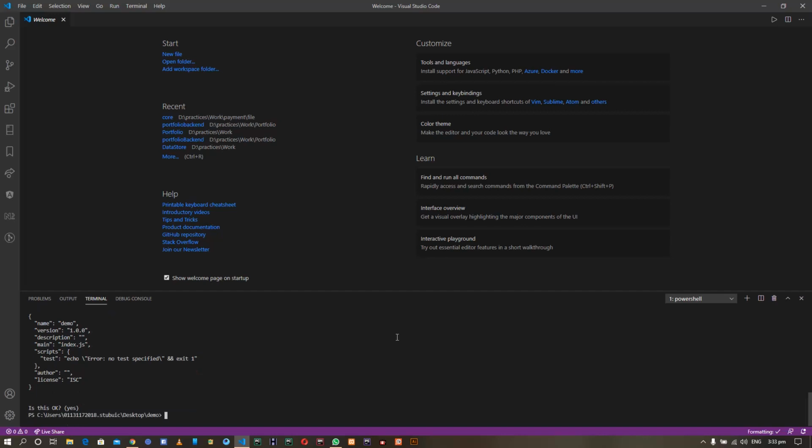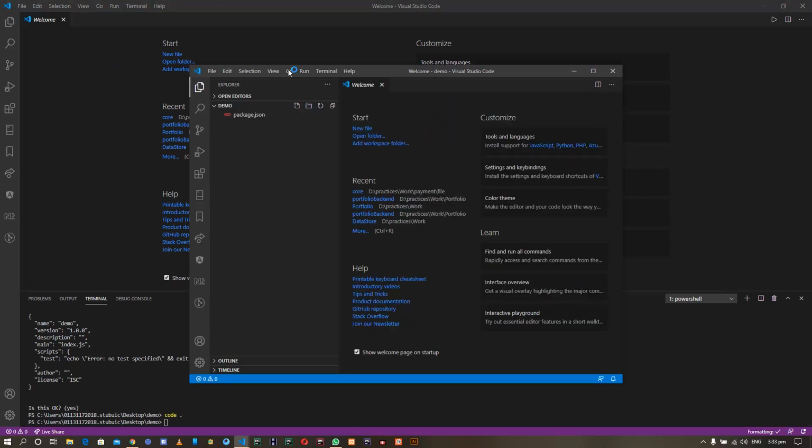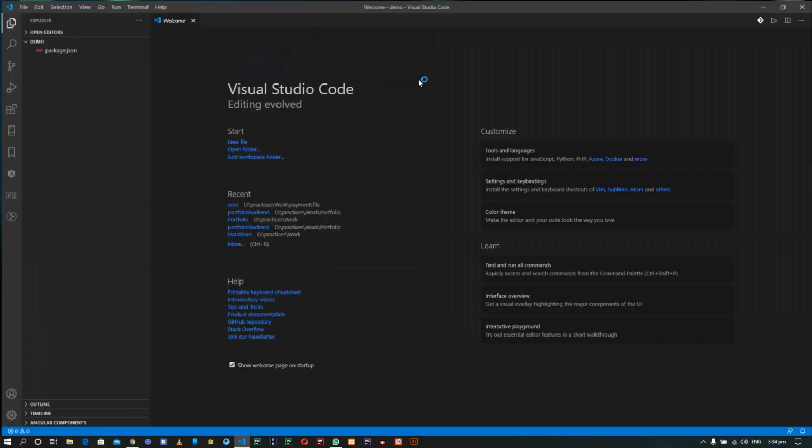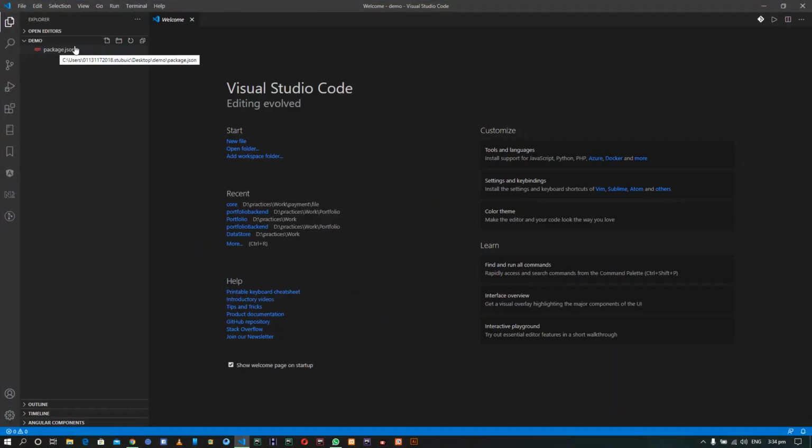Yes. So now we are inside this directory, and we have opened that project here. This is our demo, and package.json is the proof that we have run npm init.